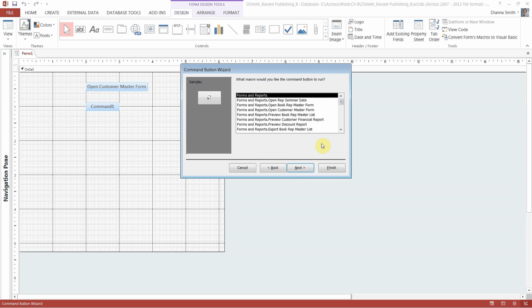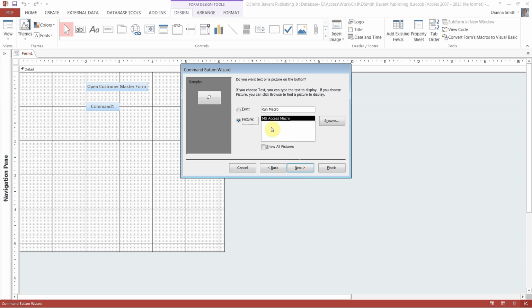So if you look at the third bullet on page 491, we want to open the rep seminar data. So we're going to open forms and reports dot open rep seminar data, and let's see, the text is going to be op rep seminar data. So we choose next, and our button is going to be a text button, and select run macro,